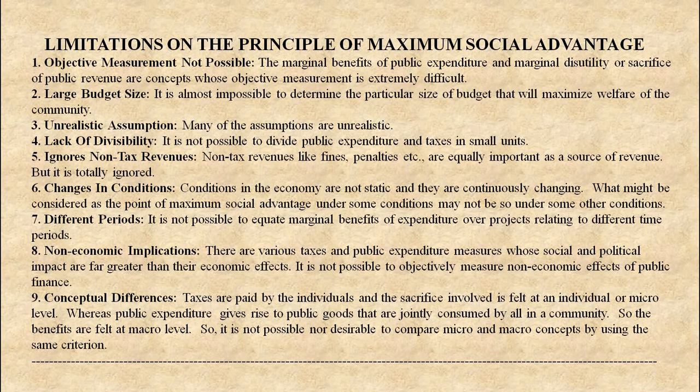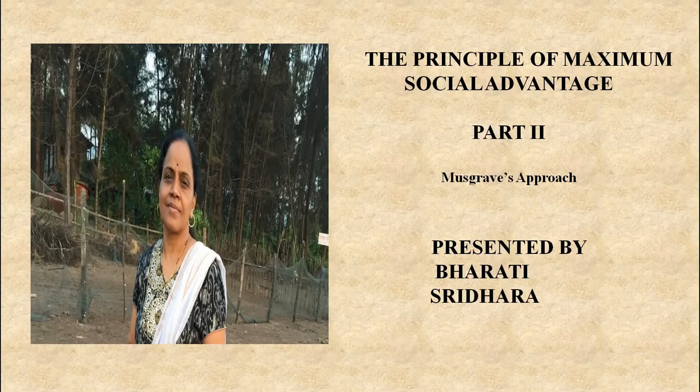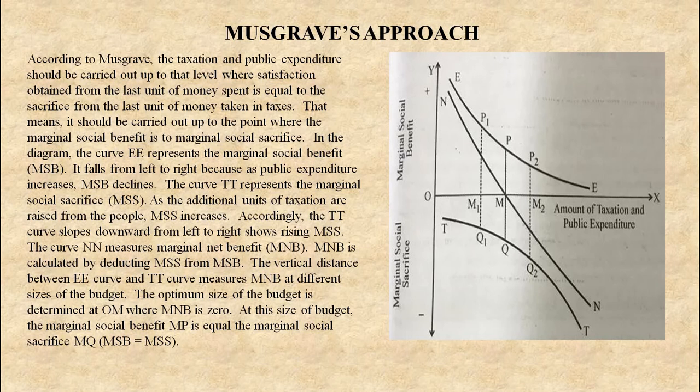Students, there are two very important questions in this topic. Number one, critically evaluate the principle of maximum social advantage, where you have to give the theory of Dalton and Musgrave's approach towards maximum social benefit. These are the two important theories here, and a separate question can be asked on each. You have to give the explanation with the diagram. If you give the explanation without a diagram, you will not get good marks. Whenever there is a diagram in the answer, diagrams are equally important as your explanation.